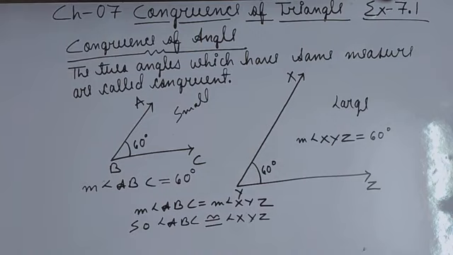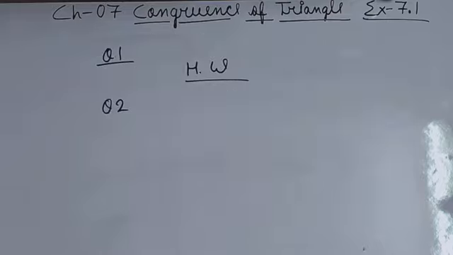Now we will move to some questions from your exercise 7.1. Now in this exercise 7.1, question number 1, question number 2, if you see that question number 1 is complete the following statement, and those statements are those which we have already discussed in this video. A says two line segments are congruent if, that I have already told you. Two congruent angles, one has measure 70 degree, the measure of the other angle. दो angle congruent that is given to you.